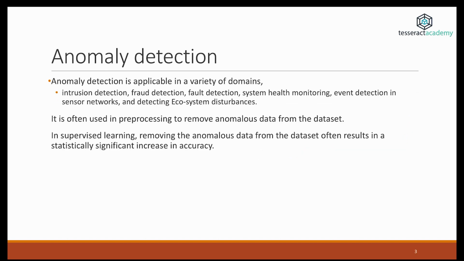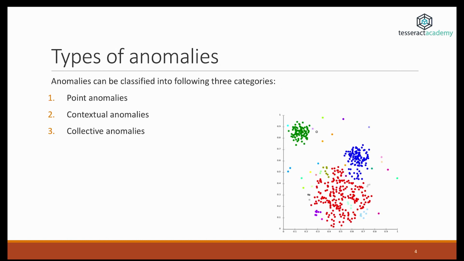Anomaly detection is applicable in many domains. So we can use it to detect intruders in networks, fraud, faults. We can use it in the medical domain to detect whether someone's heart rate or other physiological metrics are not acting as they should. And it's also used in machine learning pipelines sometimes, and in statistics as well, in order to remove data points which might affect the result in a negative way, and we do not consider them representative of our sample. There are three different kinds of anomalies. We have point anomalies, contextual anomalies, and collective anomalies. So let's see each one of those in turn.